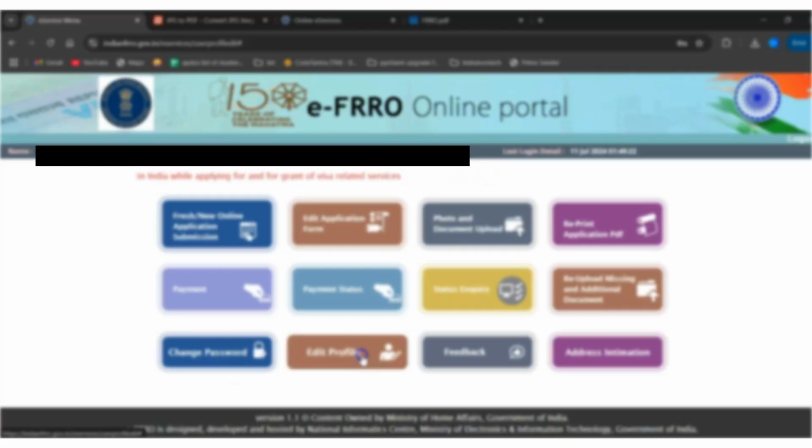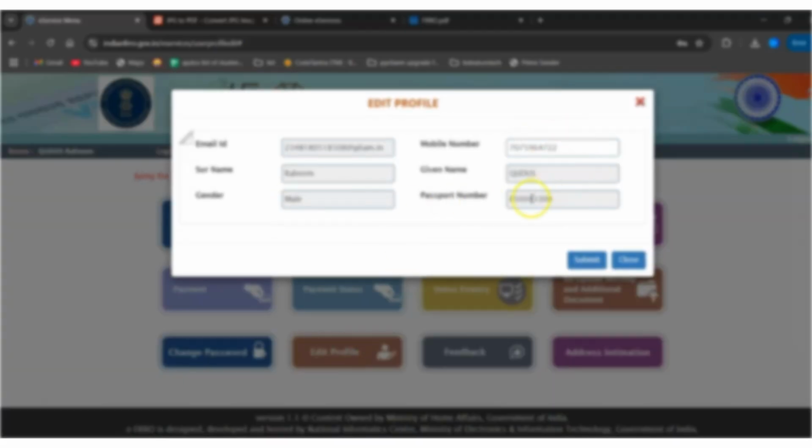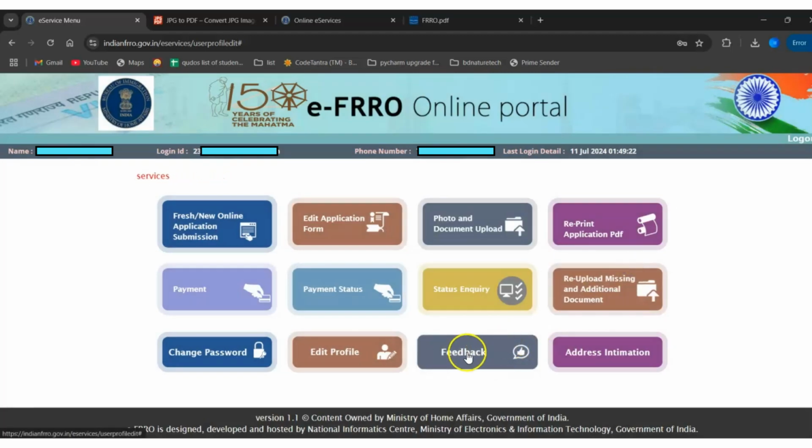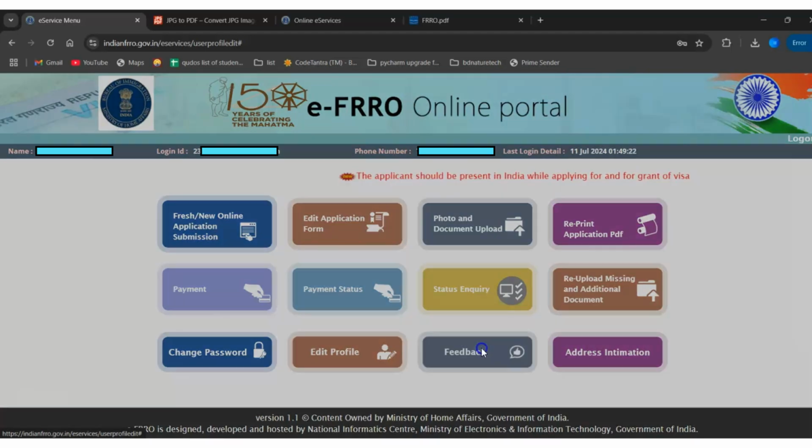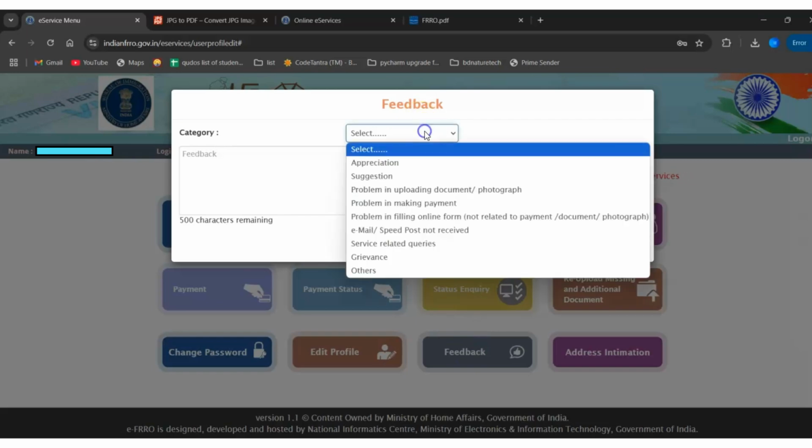Then changing of password, and then edit your profile. Maybe you want to change your mobile number on your profile, and then giving feedback. This part, it's very important that you understand it. It's not just about giving feedback, it's also to write a query if you have any issues related